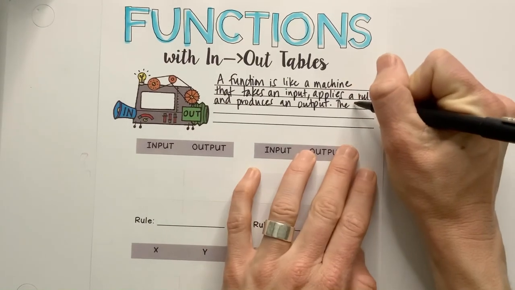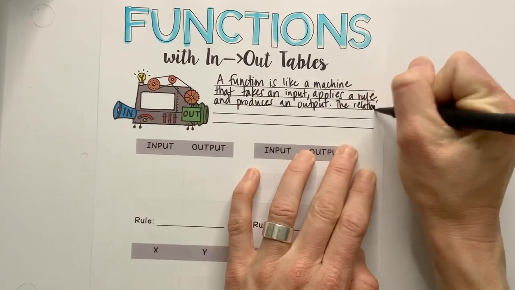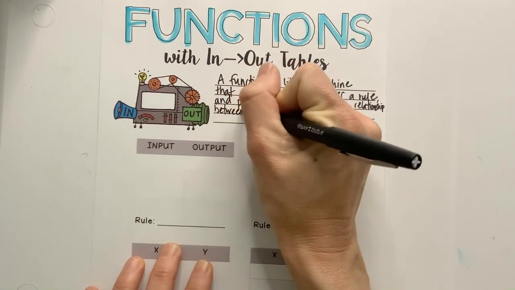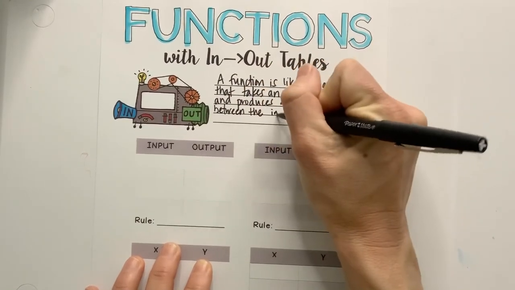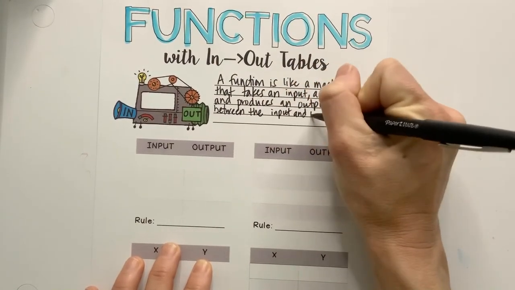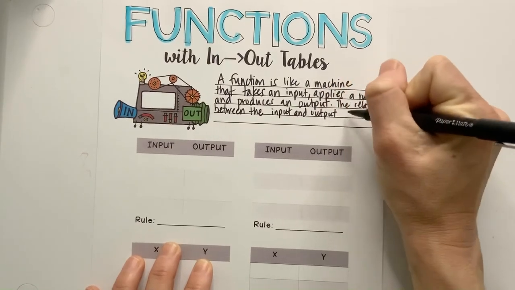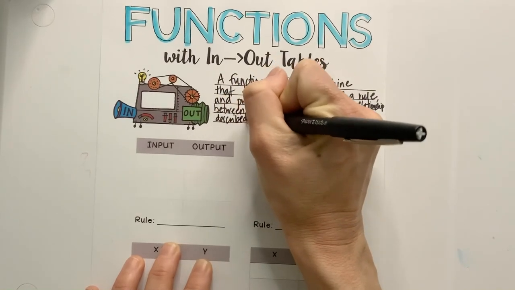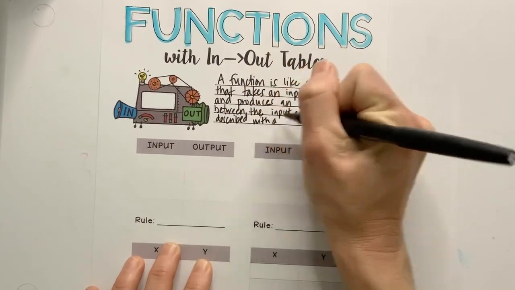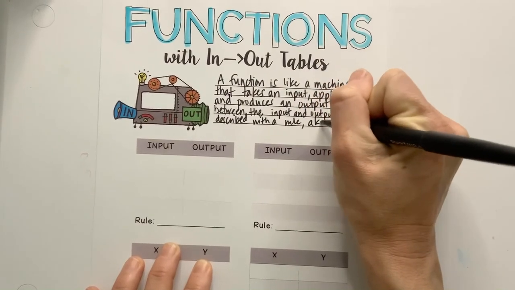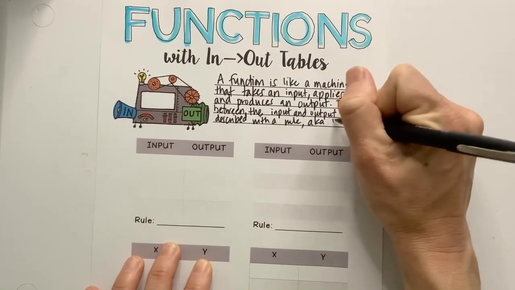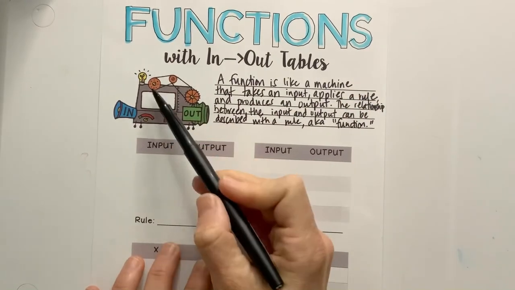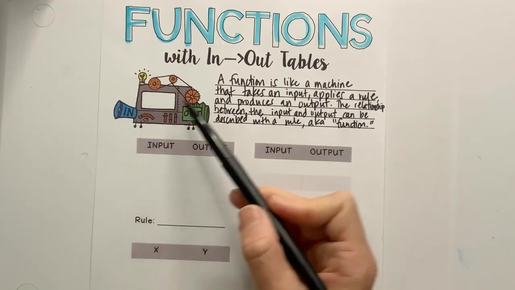So the relationship between the input and output can be described with a rule, also known as, or AKA, the function. Okay, so the function of the machine is the rule that is applied to the input to produce a particular